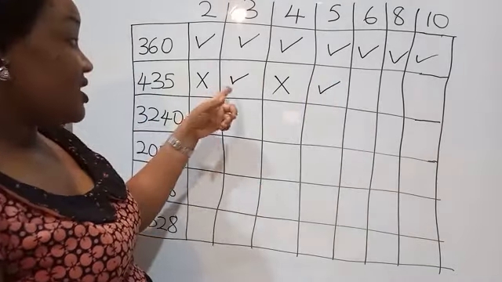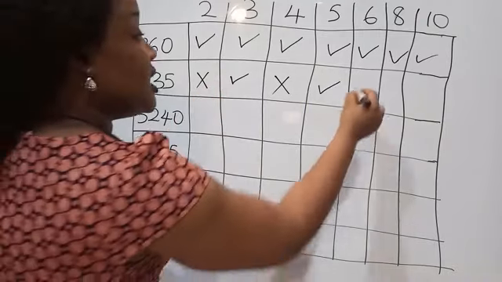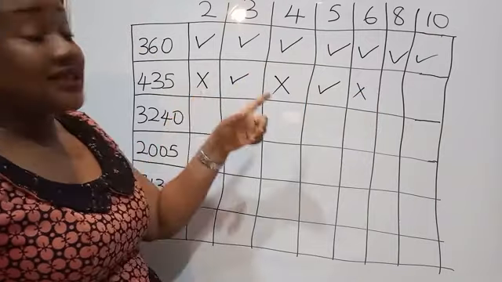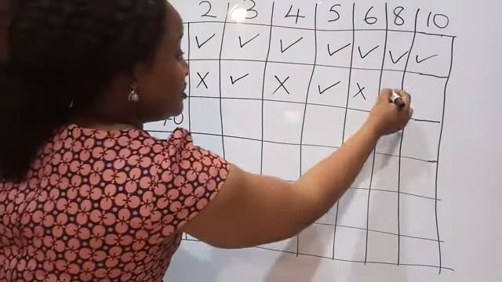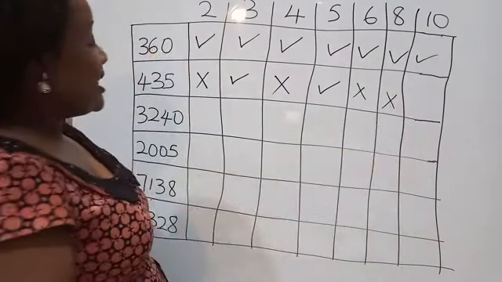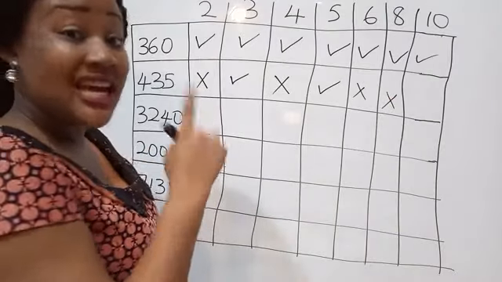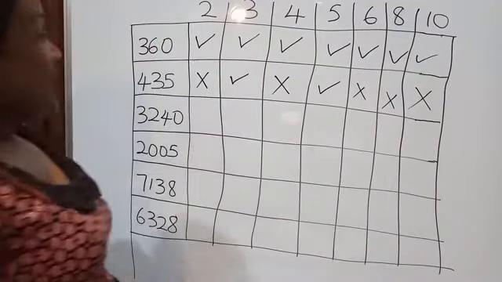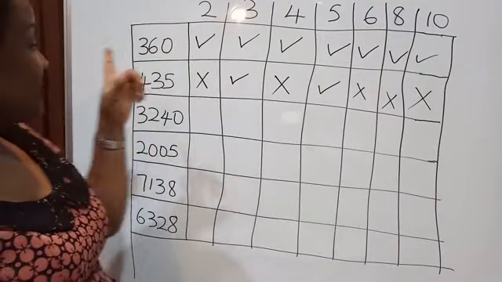6. 3 got it, but 2 didn't get it, so 6 won't get it. So we exit. And for 8, definitely 2 didn't get it and 4 didn't get it. 8 will definitely not be able to get it. And 10 is a no-no because it didn't end with 0. So it was just 3 and 5 that got it here. Let's look at